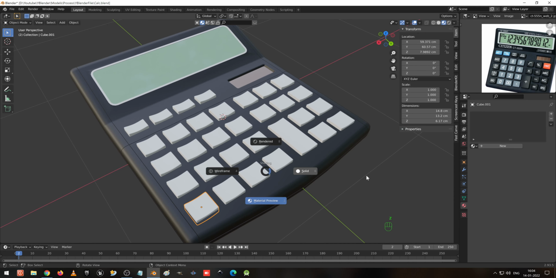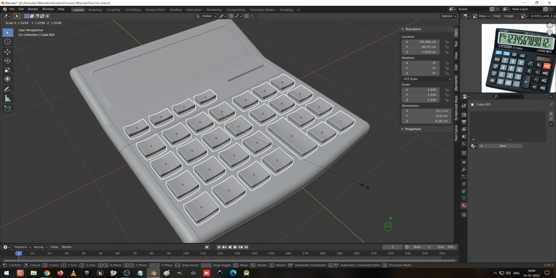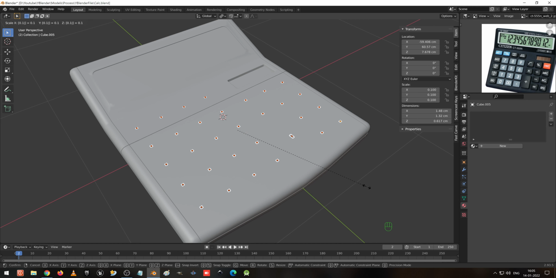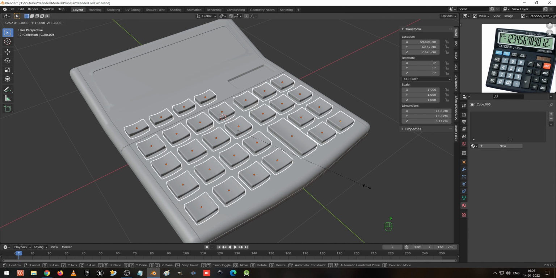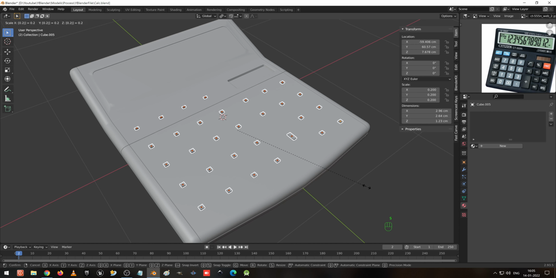So we have to give the boolean for this, right? So what I'm going to do, I'm going to select all the keys and go to the median editor and make a single individual origins and yes to scale slightly up like 0.1, sorry, scale it 1, no 2, oops, scale it 0.2, no, it's coming like that.